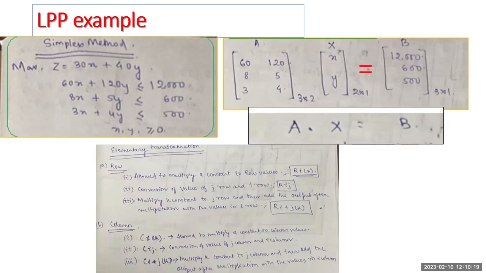I'll be particularly using three types of elementary row transformation: Ri into k, where I'll be multiplying by any constant k, which I'll explain in detail; also interchanging of two rows, which is denoted by Rij; and the last one is Ri plus Rj into k. That means constant k is multiplied to the jth row, and the result is